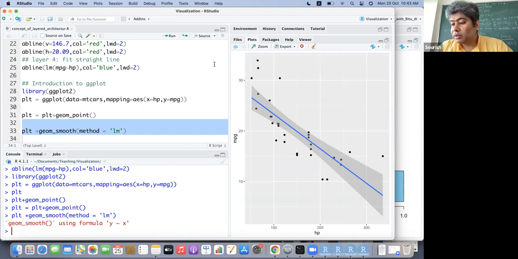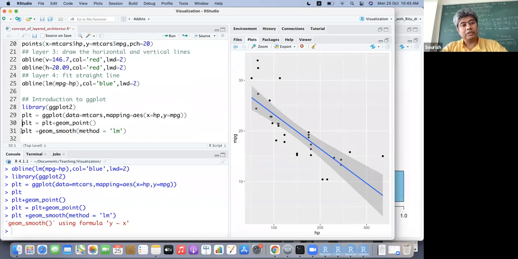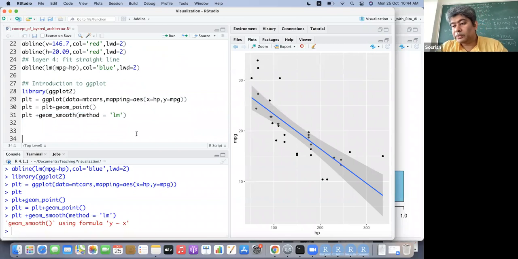Of course, you can change the points and all those things. So this is one way of developing the ggplot. Now, you can see that you can do it on a layer-by-layer basis. You can do the same thing by using the